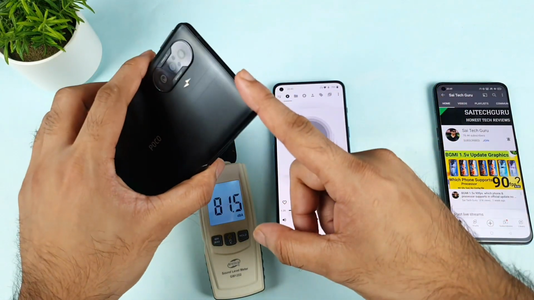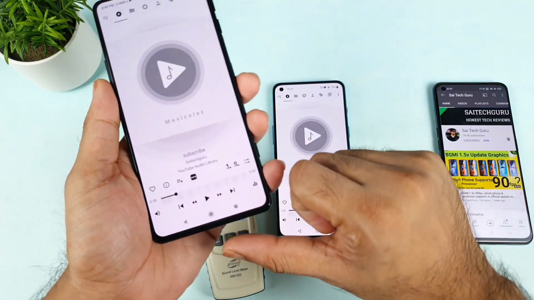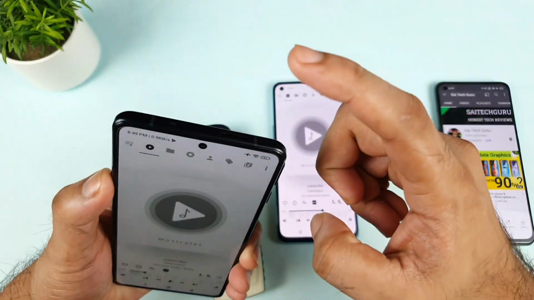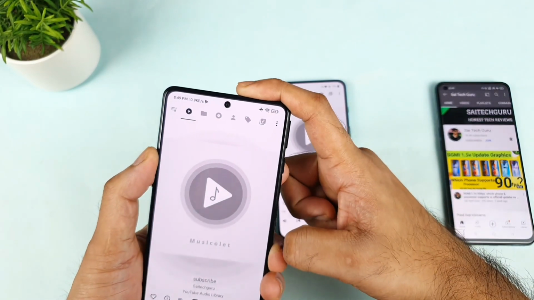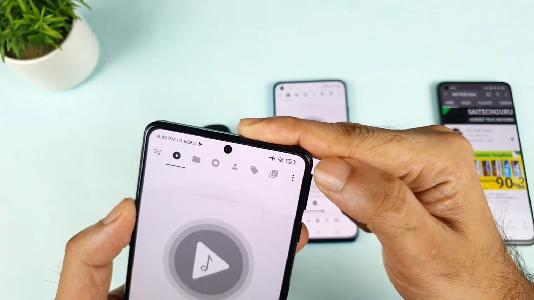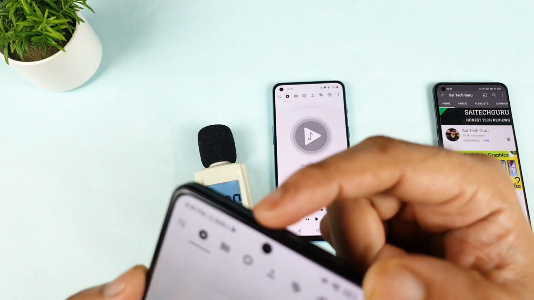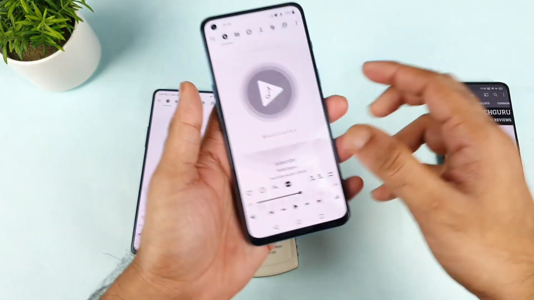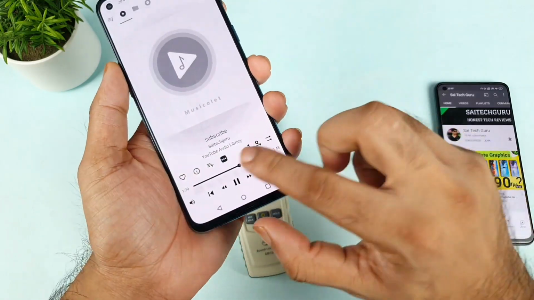If you have the Poco F3 GT, try to test on your device, try to close the bottom speaker. The audio will be blocked completely, but try to close even the top one. The audio will not be blocked. You can actually hear a little bit of volume as well. And maybe the earpiece, or there's no earpiece. I'm not sure from where the audio is coming, but something I thought of just mentioning for you. Let's see in the OnePlus Nord 2.